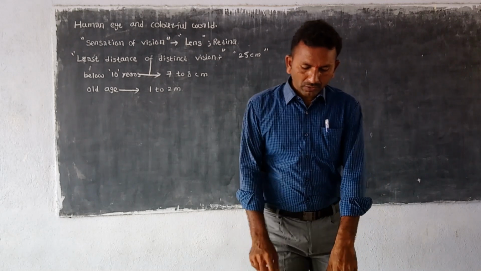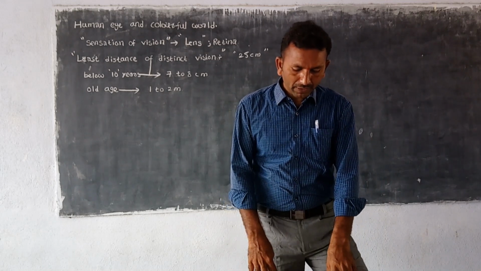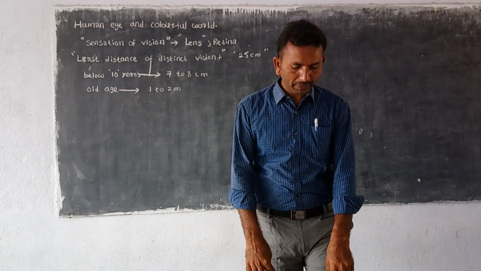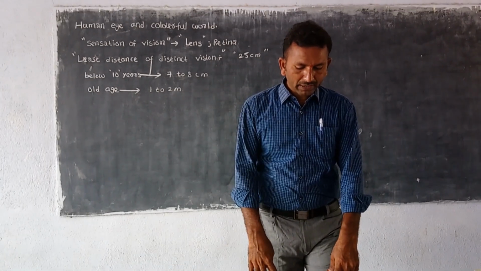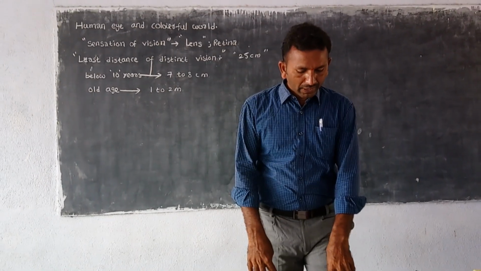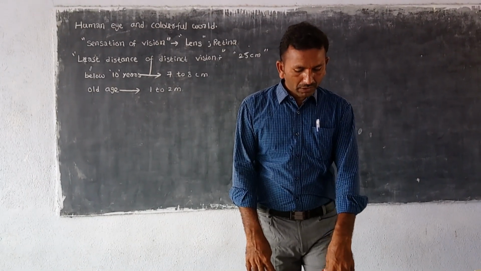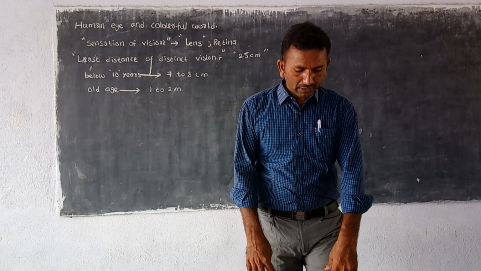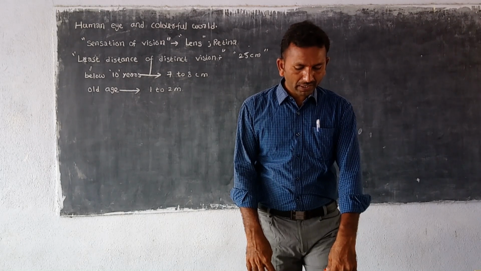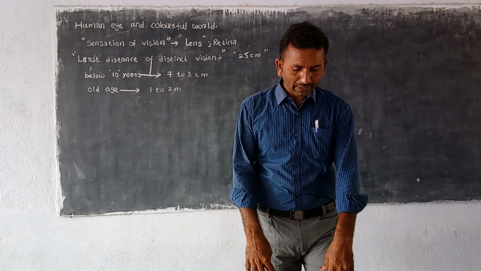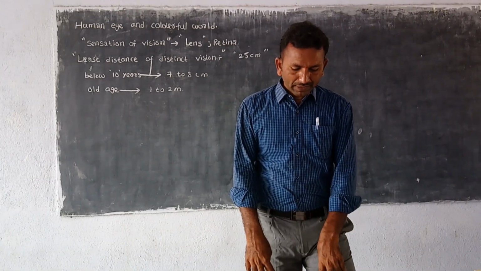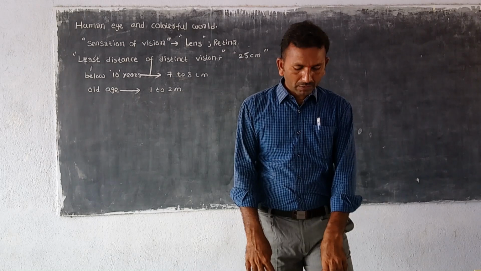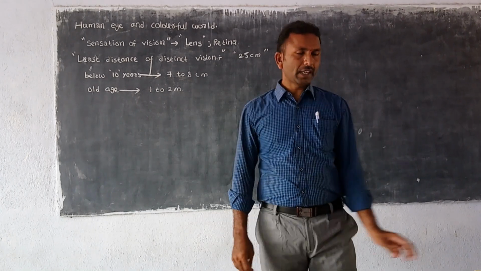In activity 1, you learned that the least distance of the stick for distinct vision is about 25 centimeters. It varies from person to person. If you are not able to see both ends of the stick at this distance, 25 centimeters, adjust the vertical stick on the horizontal rod till you are able to see both ends of the stick at the smallest possible distance from your eye. Fix the vertical stick at this position with the help of the clamp.